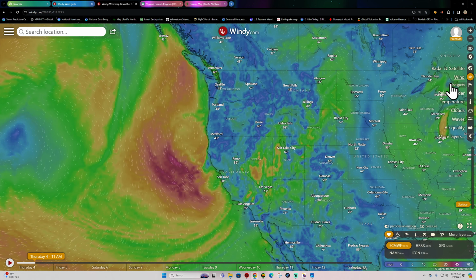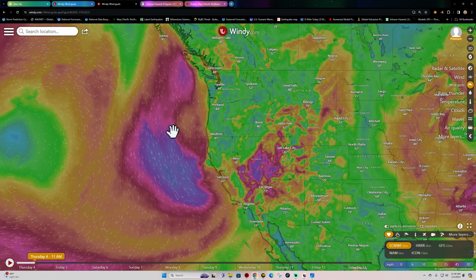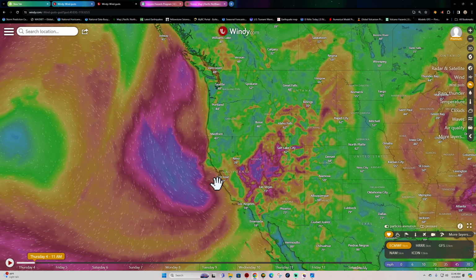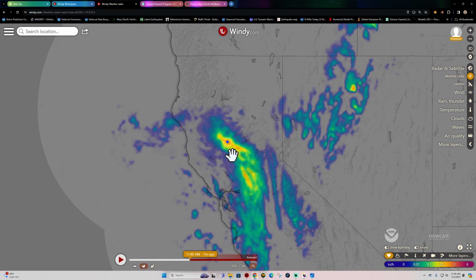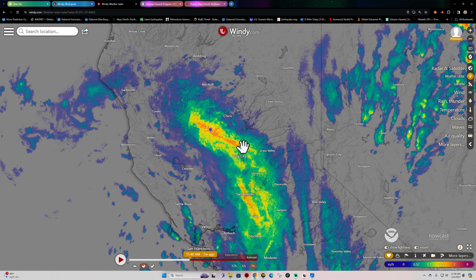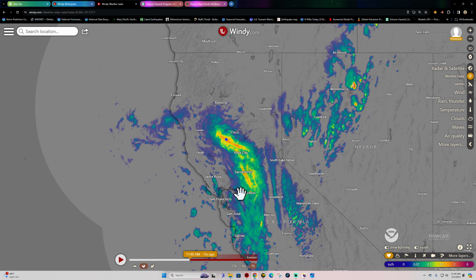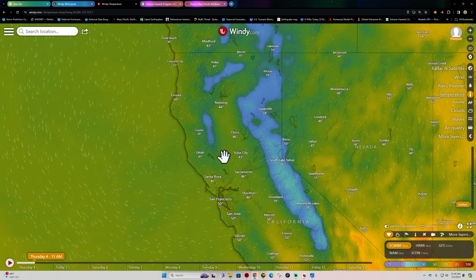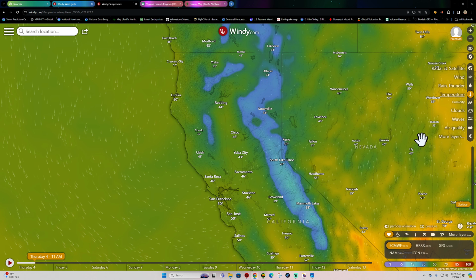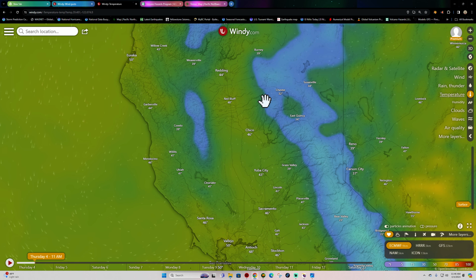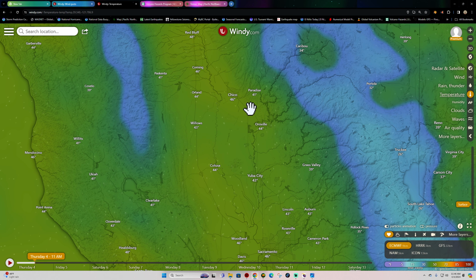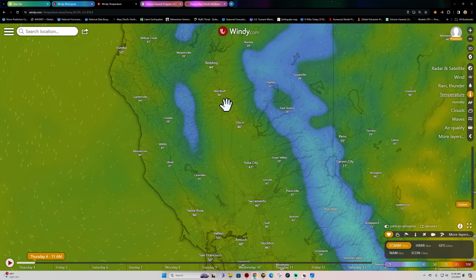West Coast activity. We got a decent low pressure system out here. Beautiful low pressure spinning right over Northern California. We're getting some decent rainfall right now here where I'm at, just outside of Chico. Pretty heavy band of rain coming in. And it's going to be a cold, rainy day. Temperatures out here, that says 46 in Chico. I got 40 degrees in my backyard. So it looks like some areas out here are a little bit cooler than what they're showing here.